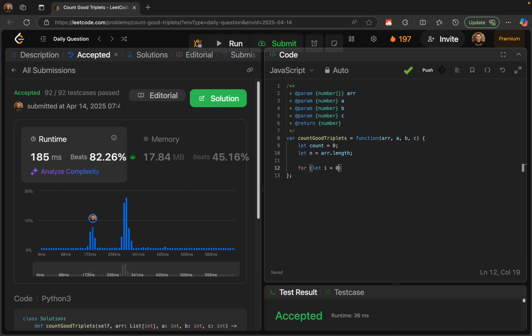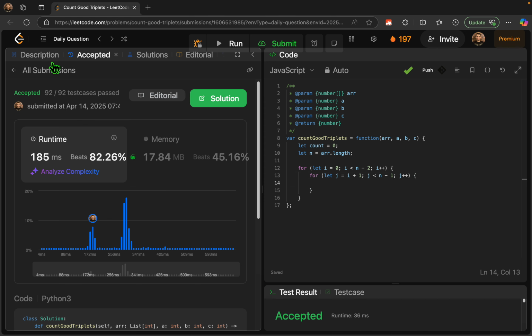Let i equal 0, i will be less than n minus 2, i increment, then for j, let j equal i plus 1, j will be less than n minus 1, j will be incremented,